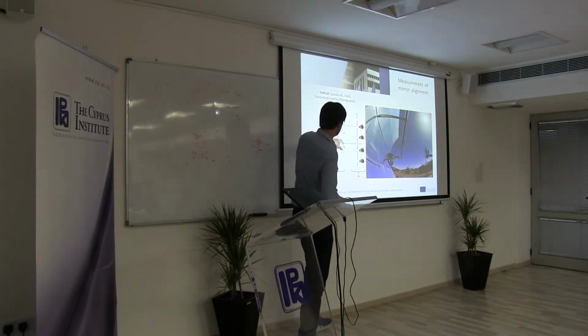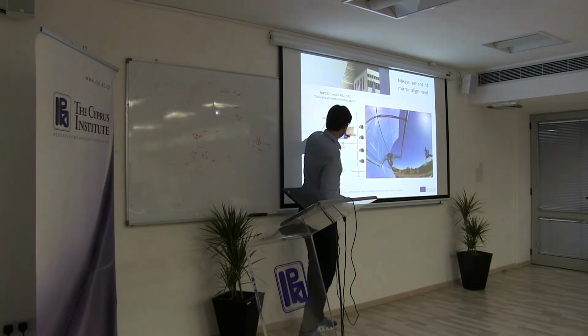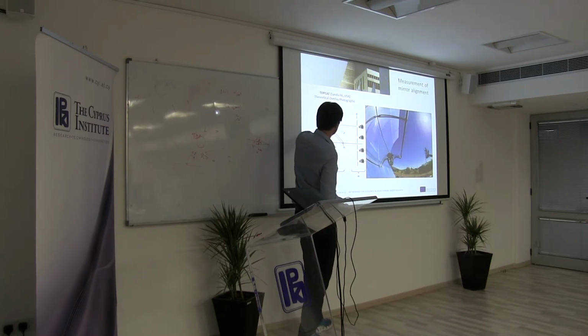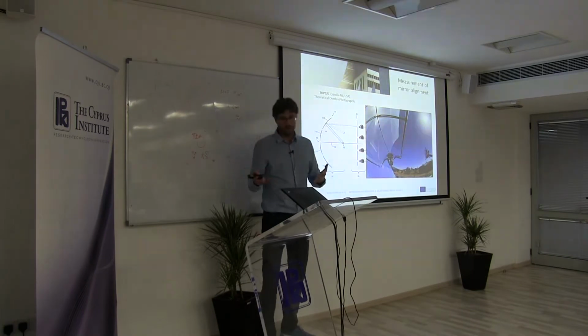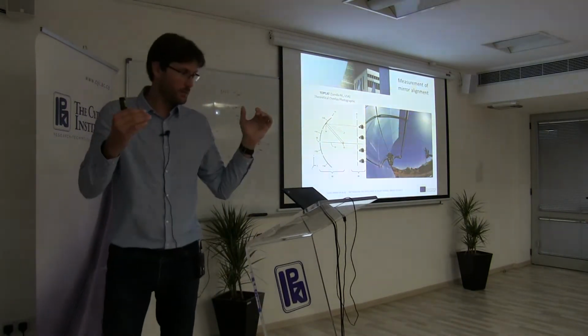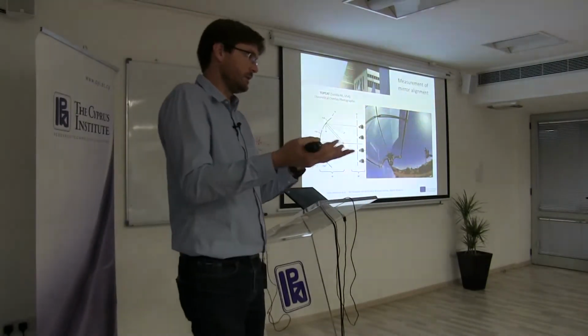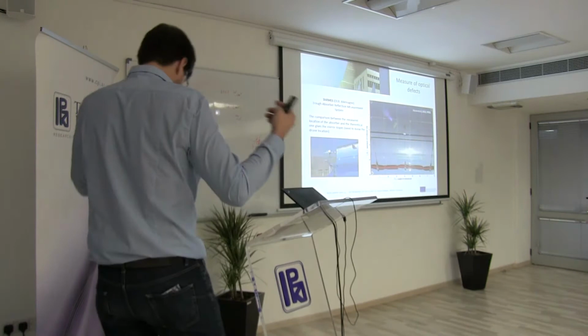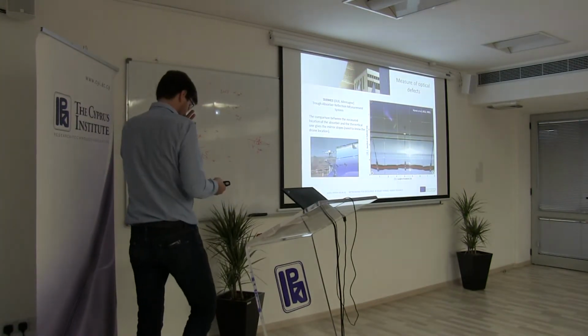You have another method which uses the reflection of the receiver tube. So here you put one camera looking at the reflection of the receiver. And if you see the receiver at a good position, then you know it's well aligned. If you see the receiver at another position, then you know there is a deviation. And you can extend this technique with drones.